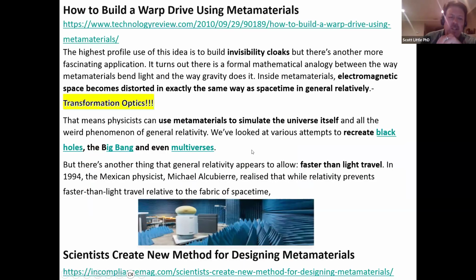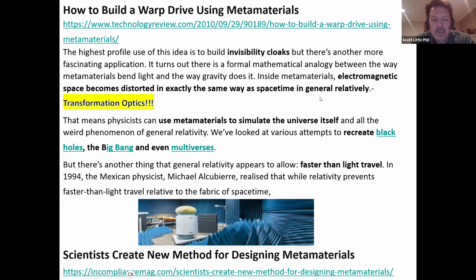And this is kind of a neat thing from MIT. They talked about how you could build a warp drive using metamaterials. If you're able to warp time and space, you could warp it as a magnetic field, and if you could do it at a large enough scale, you'd be able to warp it enough to get things moving, hypothetically, faster than light. Of course, it would take a huge amount of energy, and they were saying this tongue-in-cheek, but I thought it was still kind of cool.